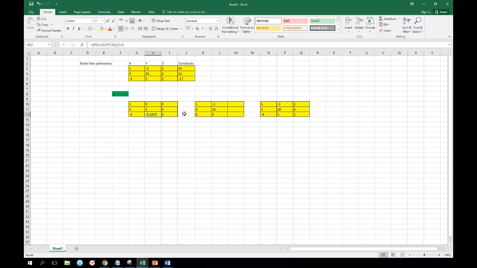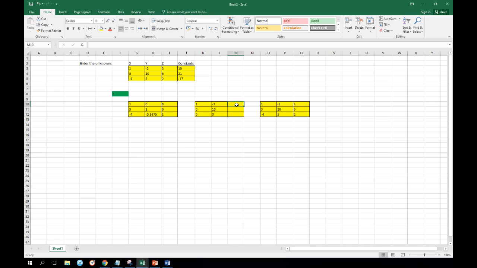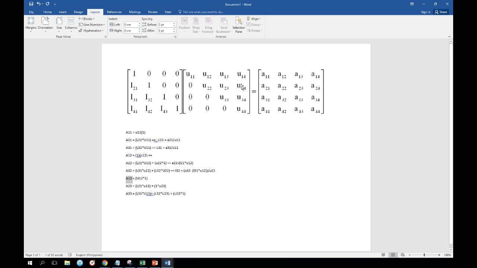So that's the value. Now let's proceed on finding these values. For this one, this is U13. You would see here that U13 is simply equal to A13. So that's that part. Let's just equate this to this. Now to get the value for